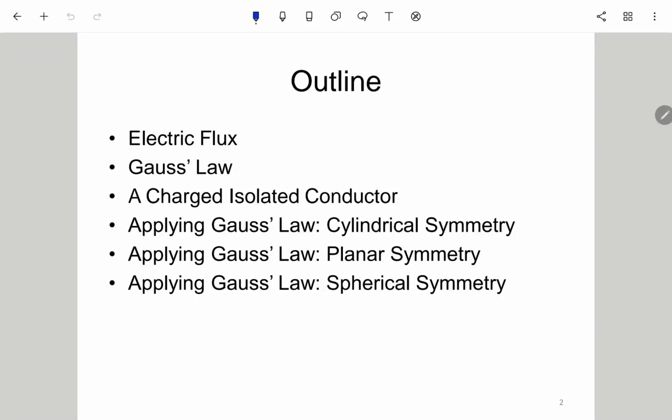Okay, so this is the outline of chapter 23 about the Gauss law. First we'll introduce a new variable called electric flux, and then we'll talk about the main topic here, the Gauss law. We'll also introduce the charged isolated conductor, and then apply the Gauss law to some symmetrical structures like cylindrical symmetry, planar symmetry, and spherical symmetry, so that in such a symmetrical structure we can simplify the Gaussian integral